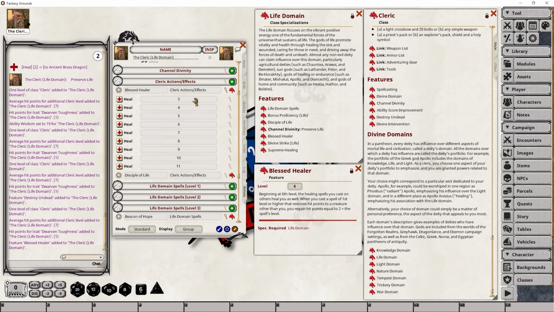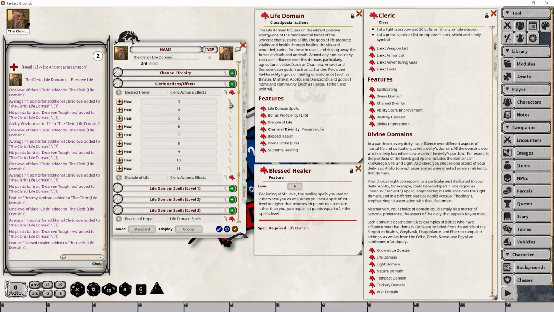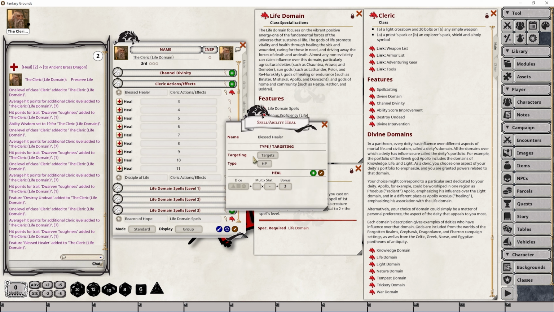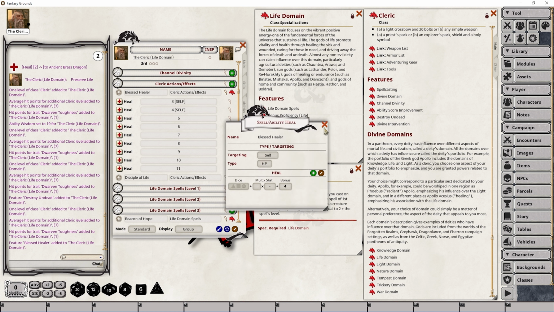One thing to point out is that I forgot to show you how the leveling up process works. It's very similar to what we've done in the past. When you go through and actually level up to level 6, it's going to add Blessed Healer into this power group. It made me realize that I skipped a step with respect to these, because this targeting should be set to self,